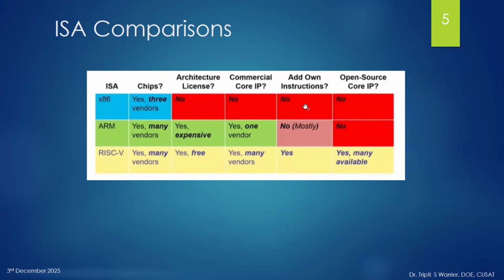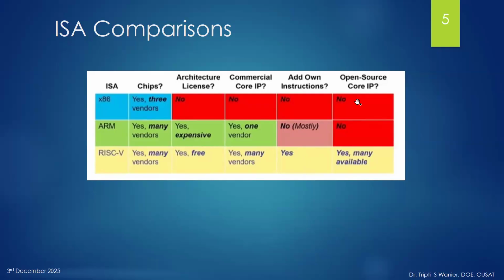So that is possible in RISC-V, which is not so easy in x86 or ARM. Mostly it doesn't happen in ARM and x86. You don't have the design, so you can't do anything about it. So you see how flexible RISC-V is. I mean, the ISA is flexible, and you can include new instructions